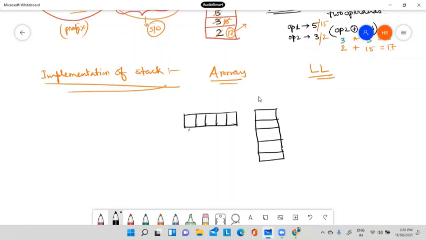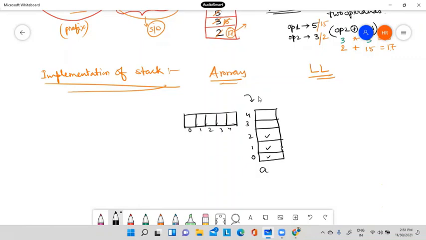So if this is 0, 1, 2, 3, 4 index values, I am naming it in this form. These are the index values. So this is my array. The first element that I insert will be inserted in this position, a of 0, then the next in this position, then in this position.